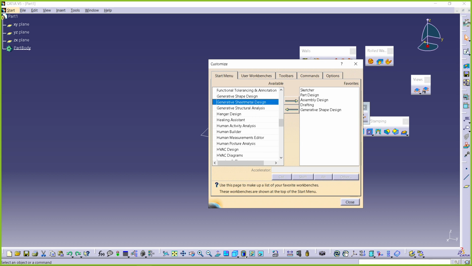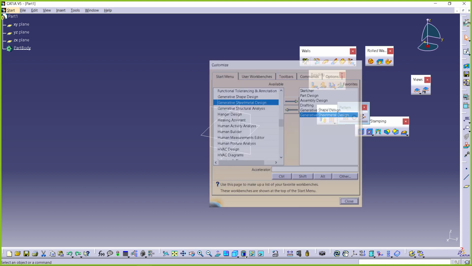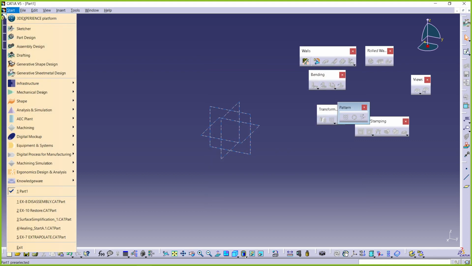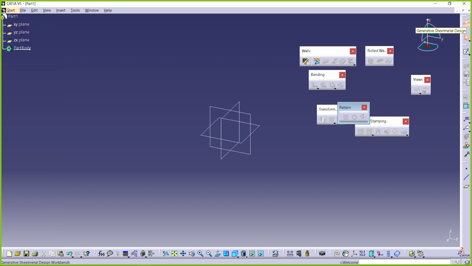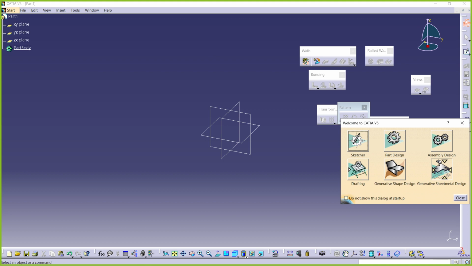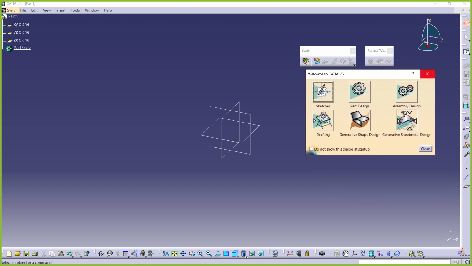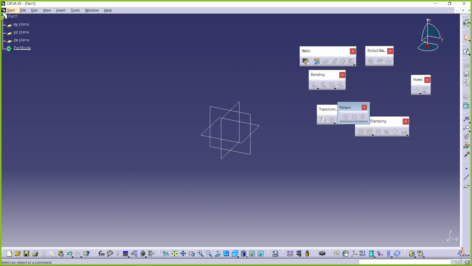Yes, generative sheet metal design, I'm taking it as a favorite. Now you can find this one in your favorite list. You can directly go to Start and Generative Sheet Metal Design, or you will find it here in the Welcome to CATIA V5 Generative Sheet Metal Design. Okay, now